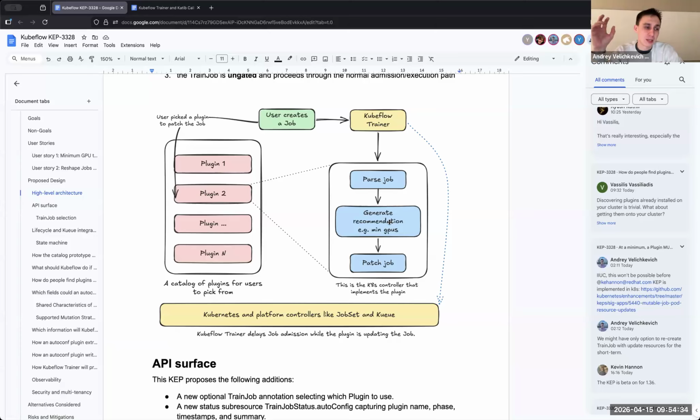I have maybe a slightly different question. Like you said, users should select the plugin. Do you think users actually need to do so, or can we do this for them, for example, in the runtime? Because this would not necessarily be interesting for what the user needs to know, right? The user doesn't care what kind of automation is used to configure resources and how to resize. Users just want to make sure their jobs are running in the most optimal way on the available capacity.